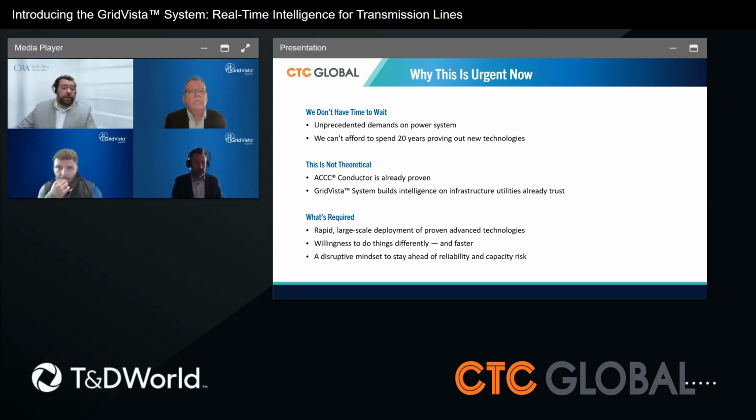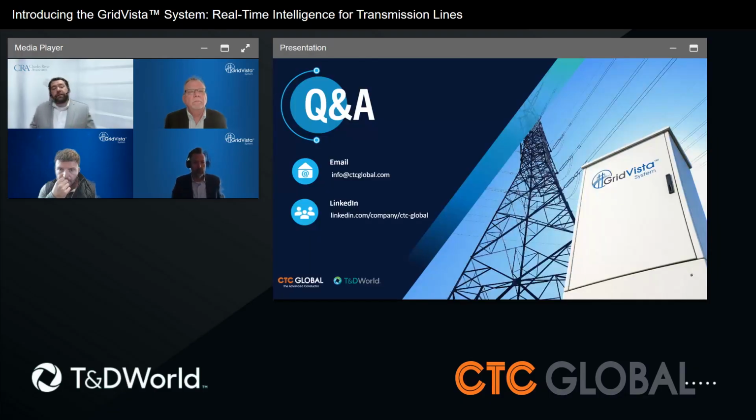That's a great question, and David really hit on the sensor piece and talked about the fiber optics actually being the sensor control. It's very similar to DLR. It has the same functions, but it's not limited. I don't want to say GridVista is a DLR tool because it's so much more. It has that ability to adjust capacity. It reads the system in real time, provides those ratings. So it is very similar to a standard package, but GridVista is so much more than DLR.